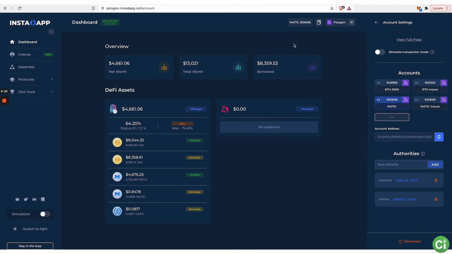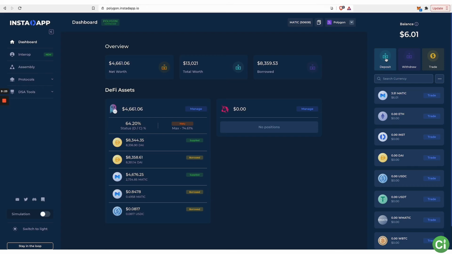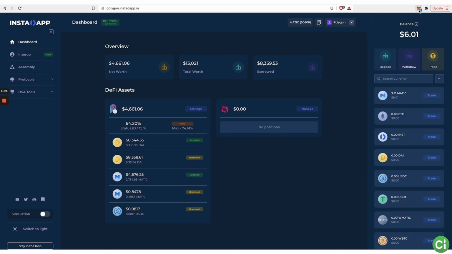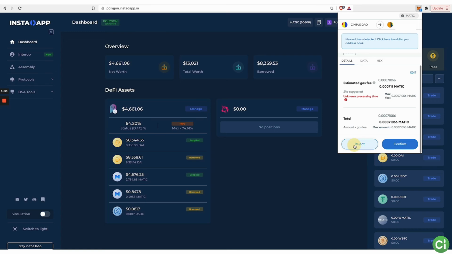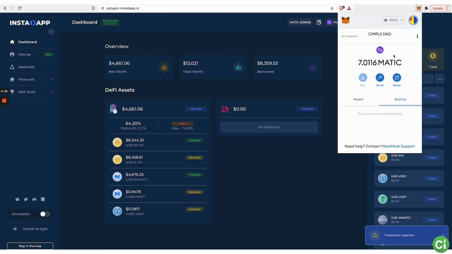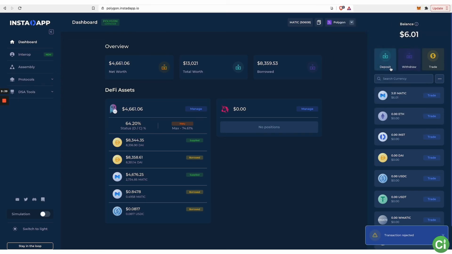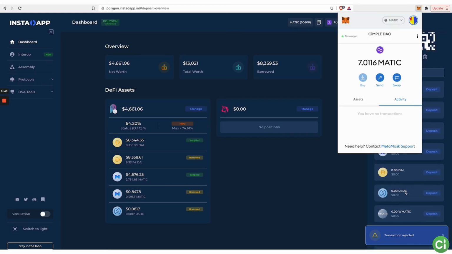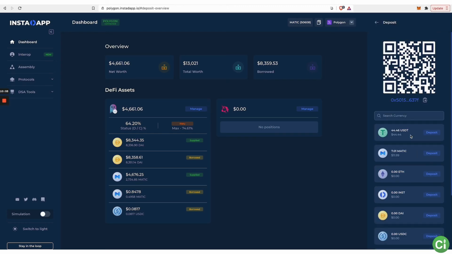Once you create the account, let's go through this a little bit. So let's go into the account details. You'd go in here to deposit, and from there, let me just come in here and reject this real quick. So I'm going to reject this. That's another way. It opened in a separate page, but this is where I was telling you to add it up here, right? So when you go to deposit, what it's doing is it's looking through your balance in here. When you go to assets, it's going to match. If you have assets and you're not seeing them, it doesn't mean that they disappeared. It just means you need to import the token in order to see them, right?